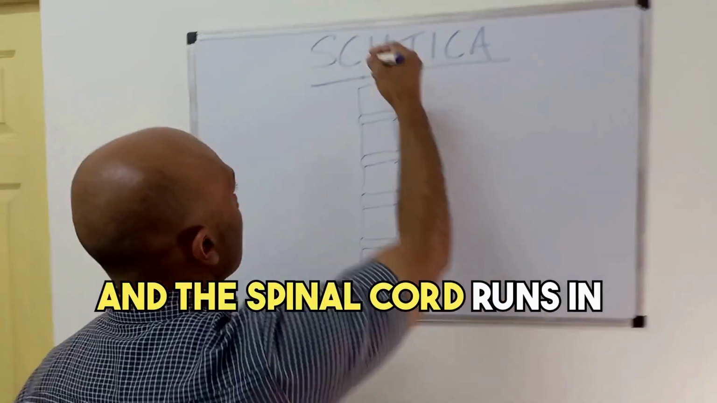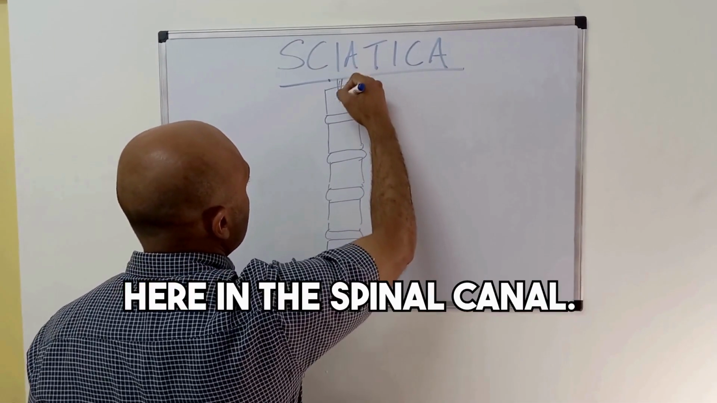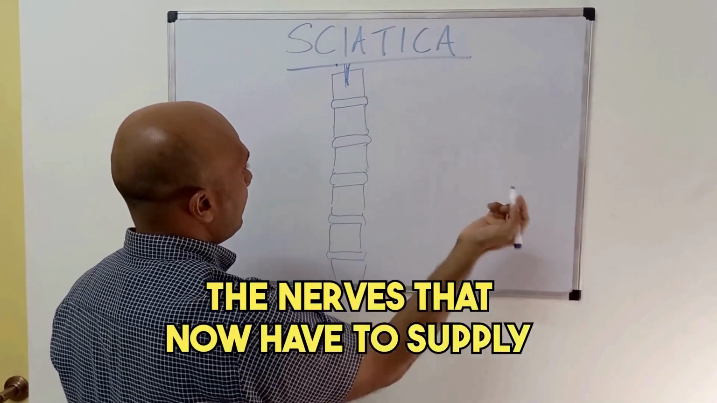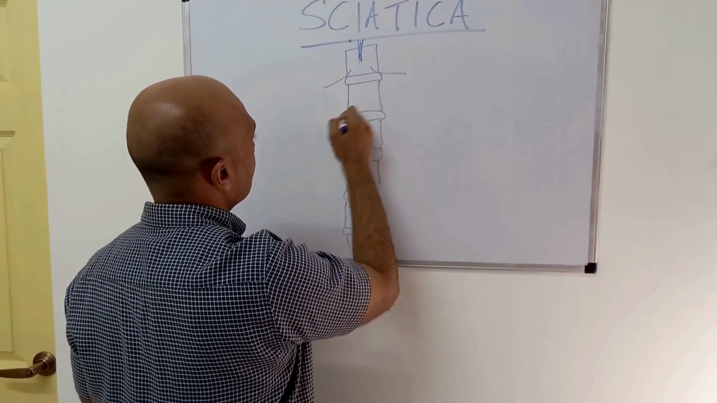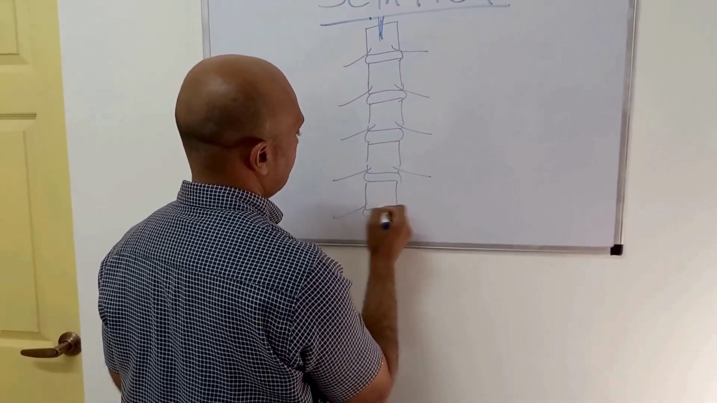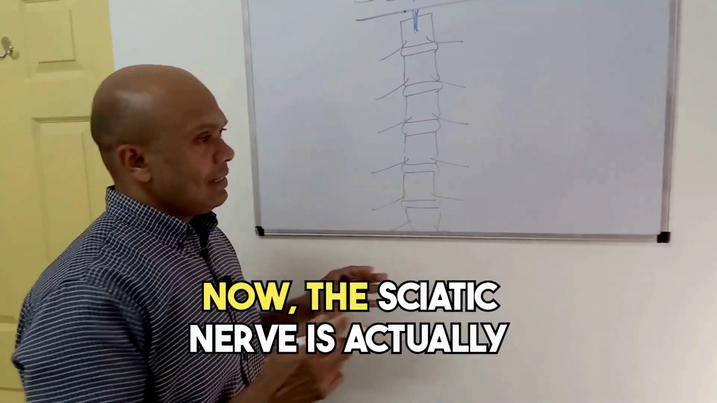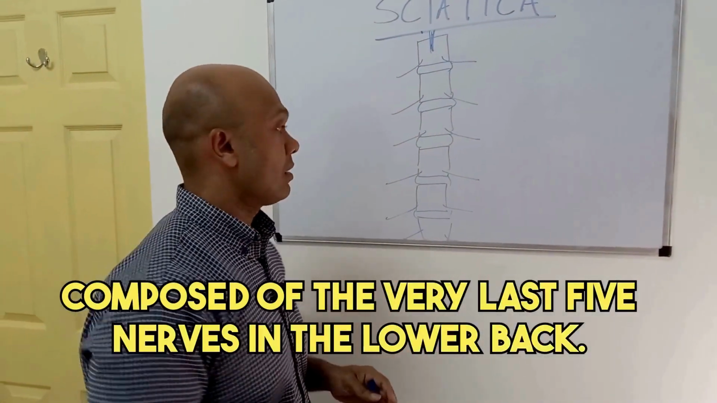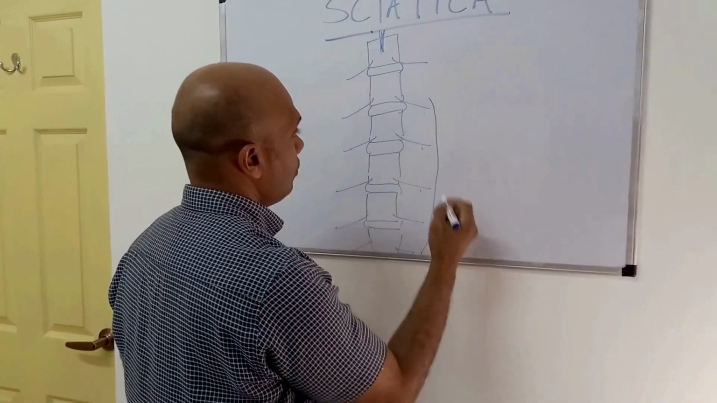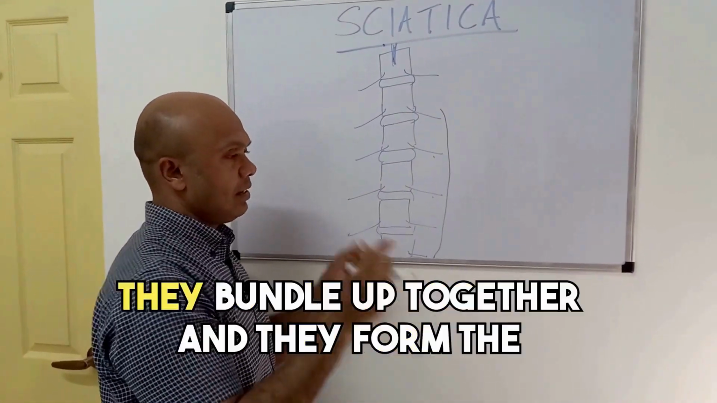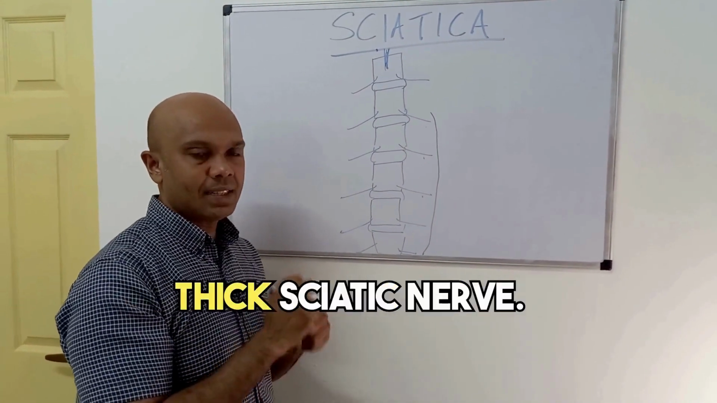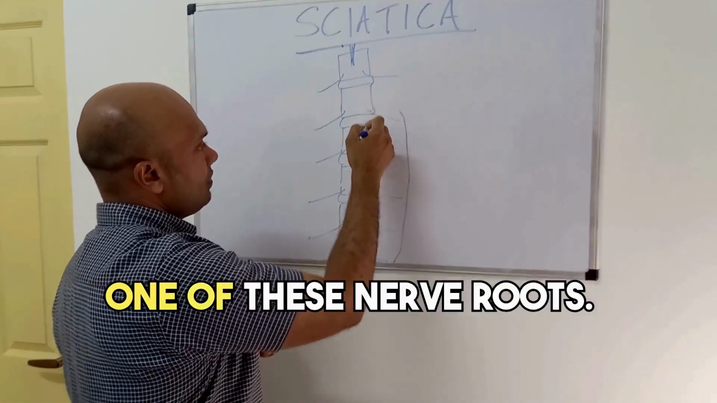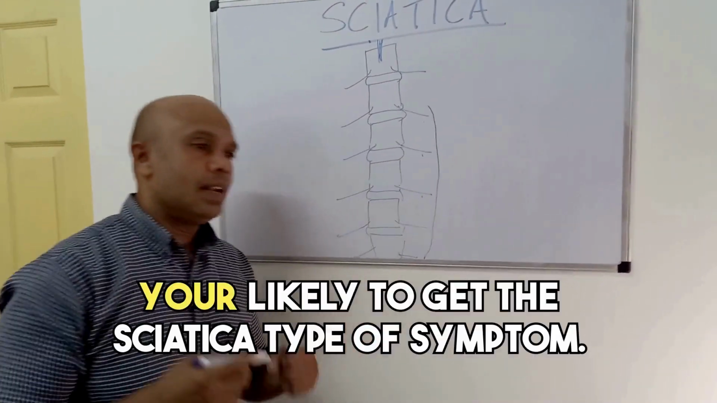Okay, and the spinal cord runs in here in the spinal canal, and what happens is the nerves that now have to supply the limbs, they exit. Now the sciatic nerve is actually composed of the very last 5 nerves in the lower back. Right, so all of these 5 nerve roots, they bundle up together and they form the thick sciatic nerve. Okay, so if there is a pinching at any one of these nerve roots, you're likely to get the sciatica